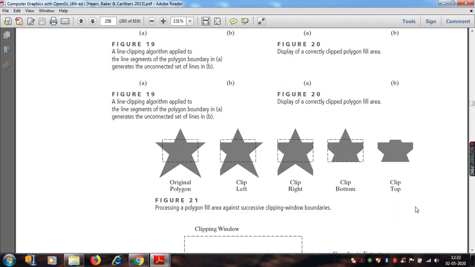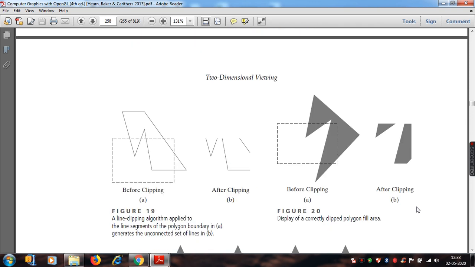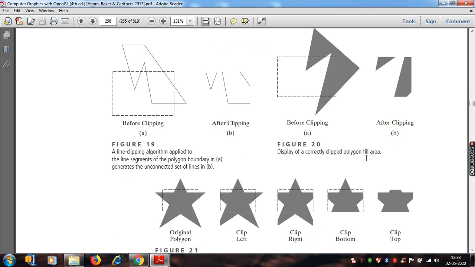The key thing you have to understand here, once again: line clipping algorithms cannot be applied to a polygon, because if you apply line segment clipping algorithms, what you get is not a polygon. You get a set of unconnected lines, and we cannot call that a polygon. Generally there is no closed boundary or polyline boundary that we are going to get. So what is expected, you can see here. What is to be done? A series of clippers.